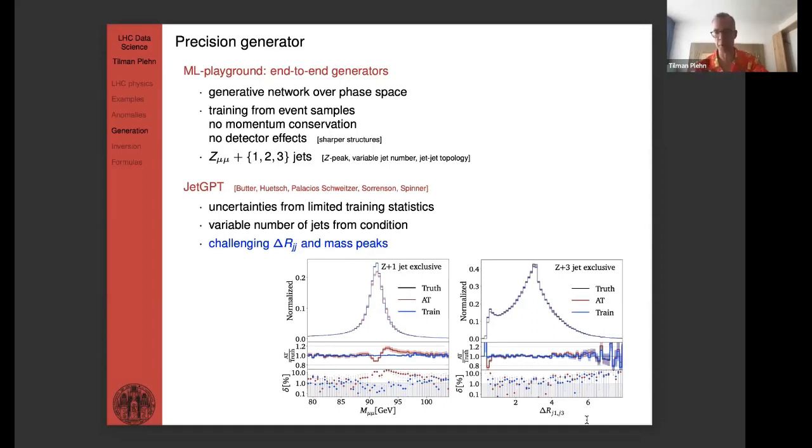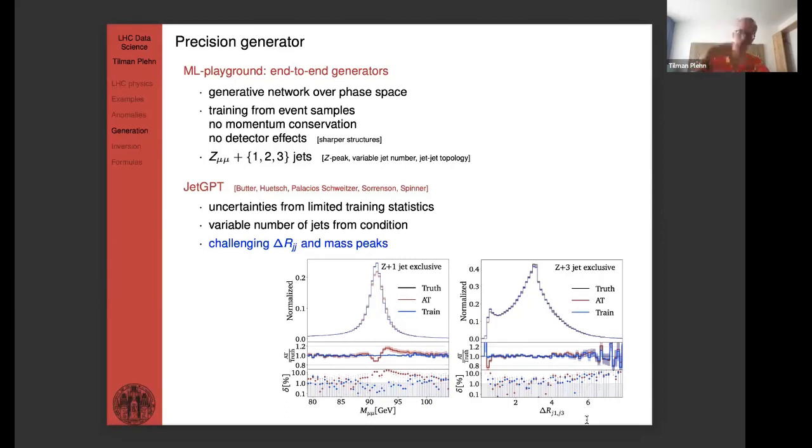On the other hand, some of the correlations here, you see the delta R between jet 1 and jet 3 is actually modeled quite nicely. I mean, there's a slight deviation at the very, very end to the left. But that's within the expected performance. So that's an example where you have a new network. It is convincing. It does cool stuff. It does some things nicely, like delta R. It fails on the Z mass peak, which means more work to do. This is why we're not yet employing that.